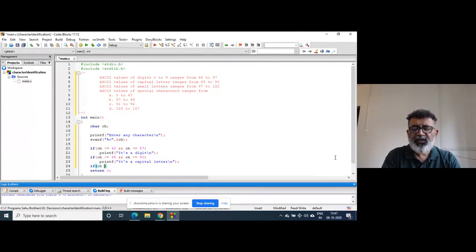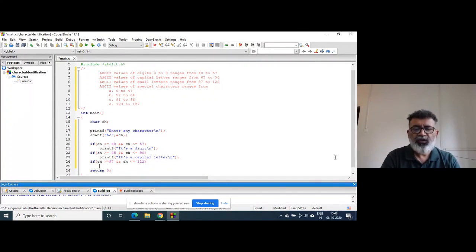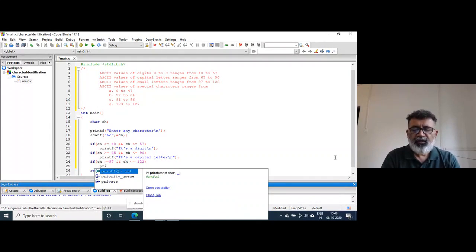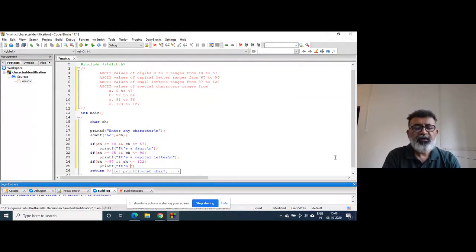If ch is greater than or equal to 97, double ampersand, ch is less than or equal to 122, printf, it's a small case letter.